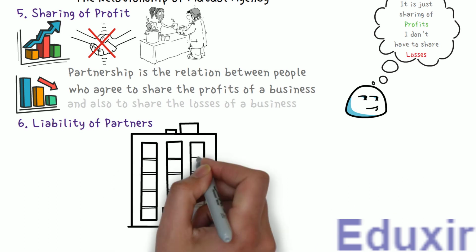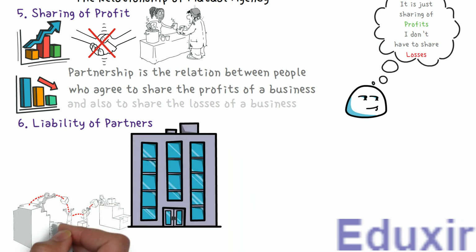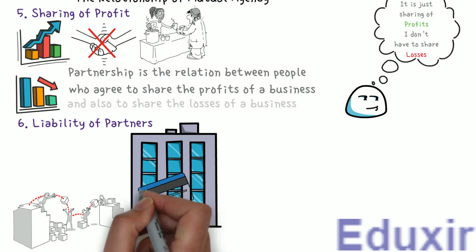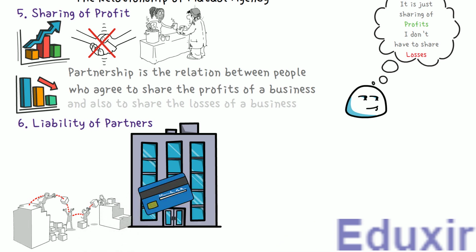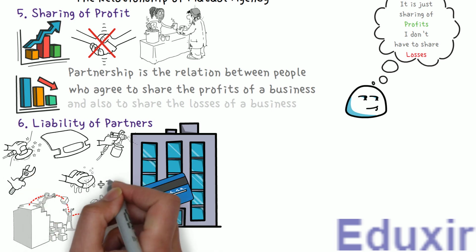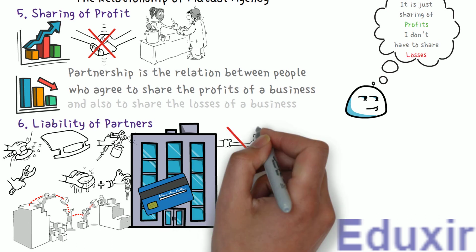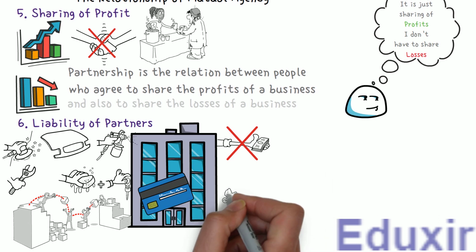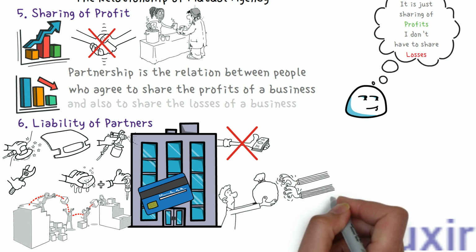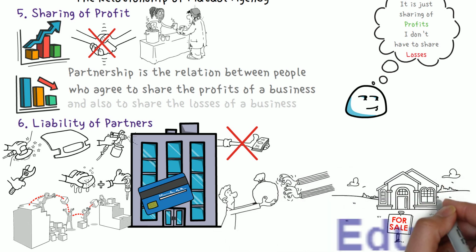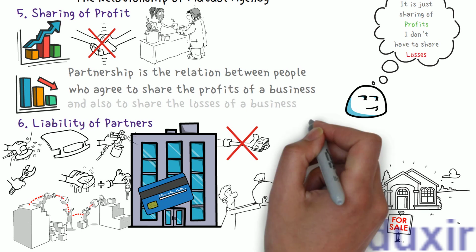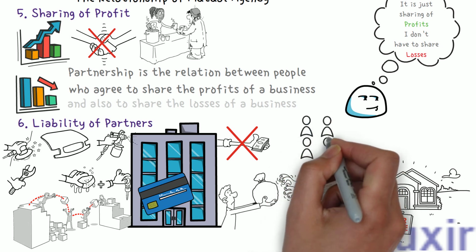Now, when conducting the business, it is possible that the business has purchased some goods on credit. It might have purchased some services on credit. The business is liable to pay these liabilities. In case the business is not able to clear these liabilities, the partners have to pay these liabilities even if it requires selling their private assets. So this implies that the liability of the partners is unlimited. They are collectively liable to pay the liabilities of the business. When I say they, I am referring to each and every partner in the business.